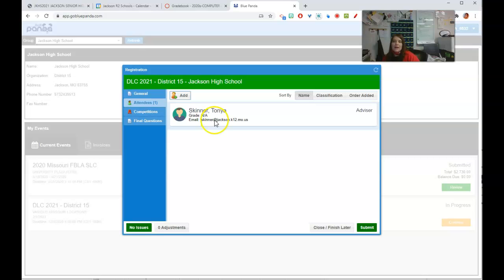And then if you're having problems or you don't see students, please let us know. But that probably means you didn't get them put in the national database. So that national database does not refresh immediately. It takes sometimes 4 hours up to a day to refresh. So really, you need to have all your students entered into the national database honestly by Friday, I would say. So anyway, you can close, finish later, and come back to that and then finish it next week.